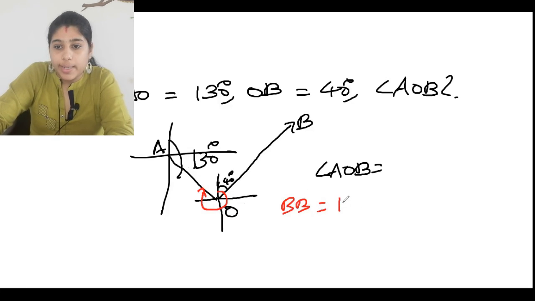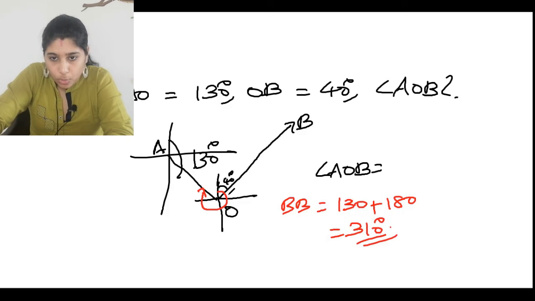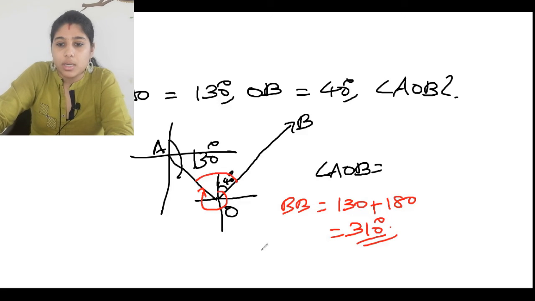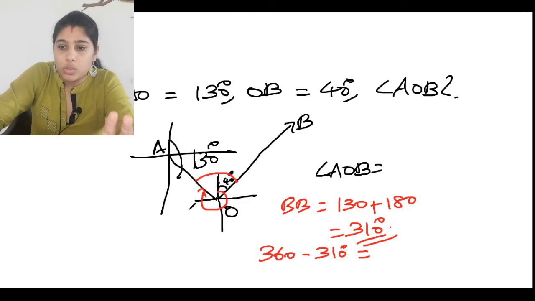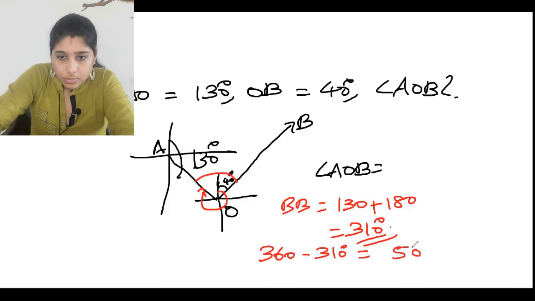As it is 130 less, it will be 180 less, so you can add this, and you will get the answer 310 degree. So this is the back bearing of the line, and in the back bearing you want this total angle. Okay, so this back bearing you already got, so from this back bearing you have to subtract 360 and 310, so total 360, this total angle is gone out, so you will get the answer 50 degree.